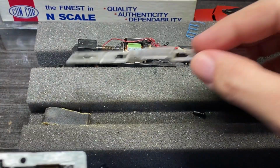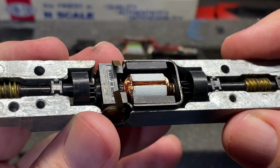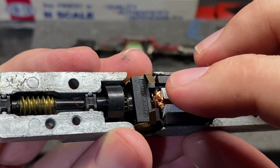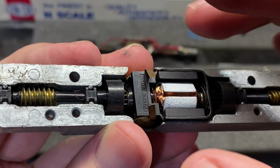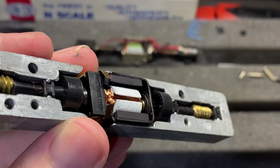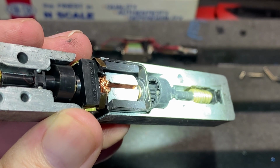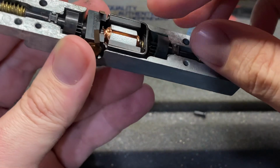Cool little design. We can probably tidy that up a little bit, but here's our business end here. It's a little 5-pole, but not skew wound. That's why she doesn't have fantastic slow speed. But yeah, let me see if I can get additional light in here. There's our planetary. Very cool. Let's see if I can...